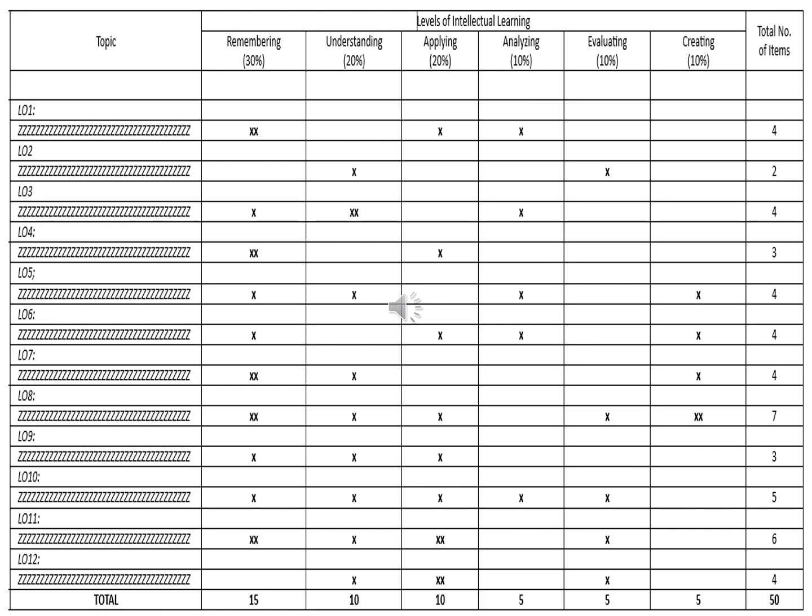Same is true with learning outcome 2. Same is true with learning outcome 3. Learning outcome 4, up to learning outcome 12. They are all satisfied. After confirming that the sum of the items under each learning outcome horizontally are satisfied, and the sum of all items under each cognitive level are satisfied, then you are almost done with your table of specs. So let us go to the next slide.